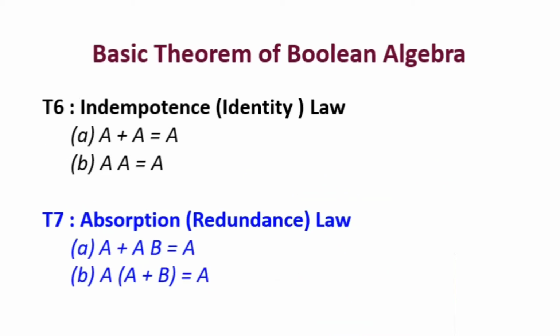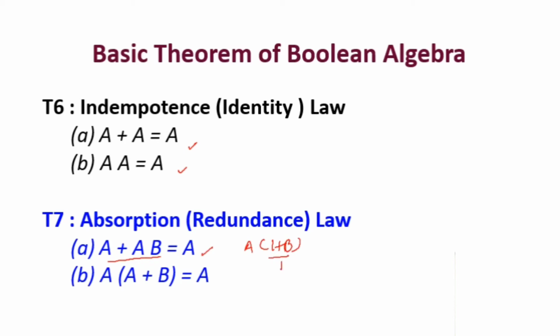So these laws, which we had already covered in the previous slide, directly or indirectly, are mentioned here explicitly. So A plus A is equal to A, and A into A is equivalent to A. That means any variable added or multiplied any number of times remains unaffected. Now this absorption law. So if I take A common from these left hand side terms, I will be getting A into 1 plus B. This 1 plus B is equivalent to 1. So A into 1 becomes A.